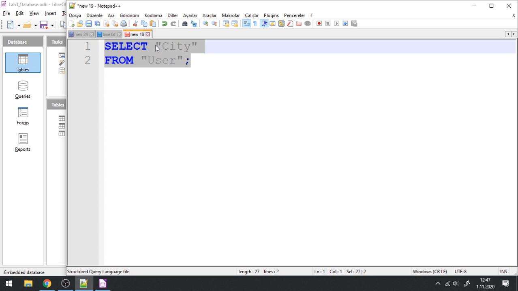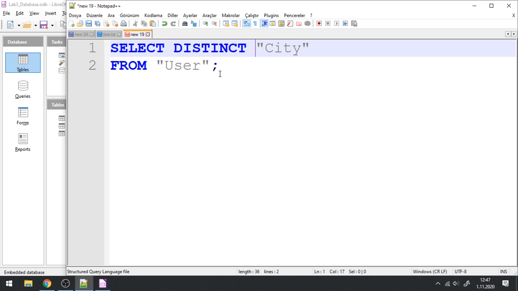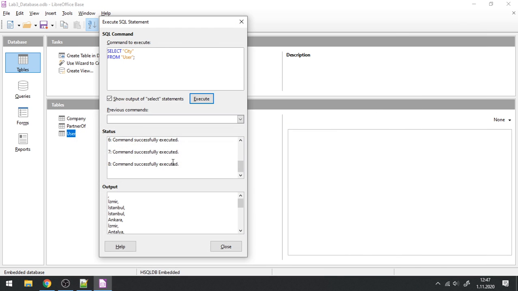So to avoid that, we can include the keyword distinct. This will show only the distincts. It will make the projection and then get rid of the duplicate values. So if I execute such a query now, I will see that each record is shown only once, and it also sorts them